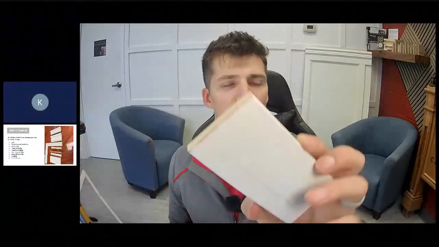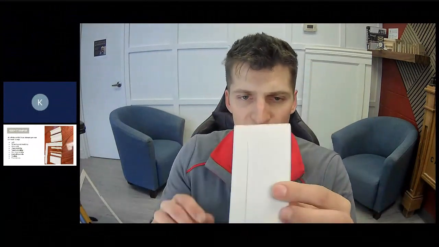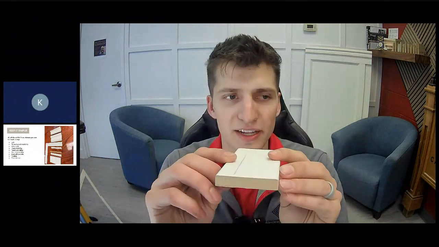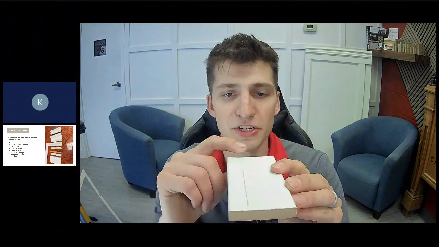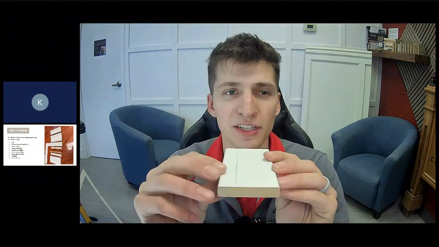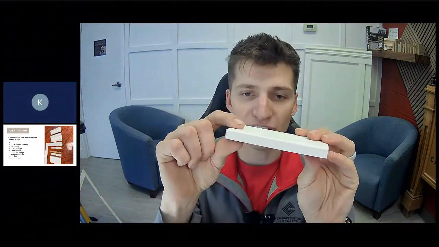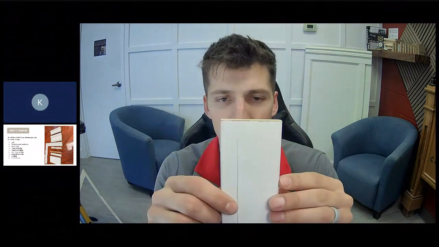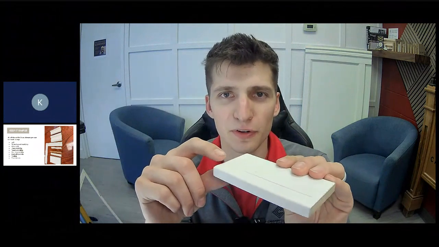So 1x3. This is 1x3. This is just a square board. And the interesting thing about lumber, if you don't know this already, when they say 1x3, they mean 1 inch by 3 inches. But that was the dimension before they milled this down. So this is actually 2.5 inches by 1/2 inch. And if you get 1x3, it might be 5/8 thick or 3/4,